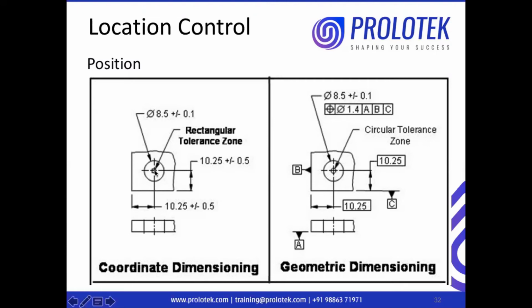get some value. And someone else comes, they inspect from this end to the center, they will get some other value. Same part, one person inspects from the left side, one value. One person inspects from the right side, one value. Because of this ambiguity, an acceptable part can be rejected or a rejected part can be accepted.